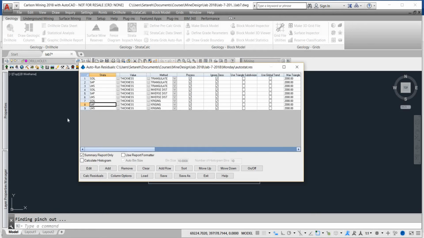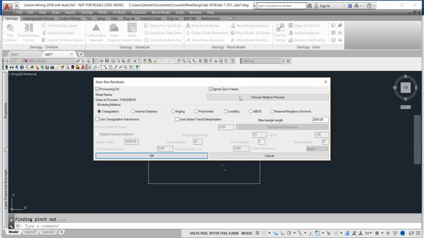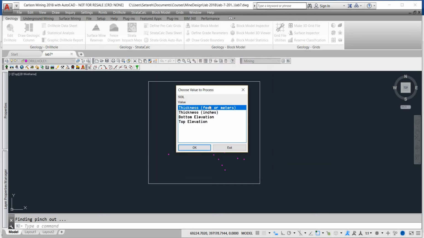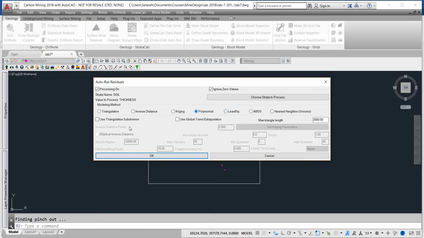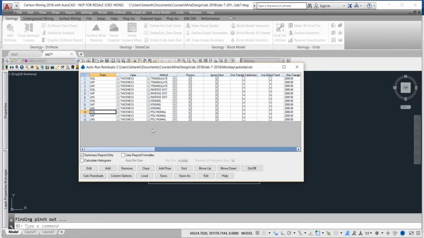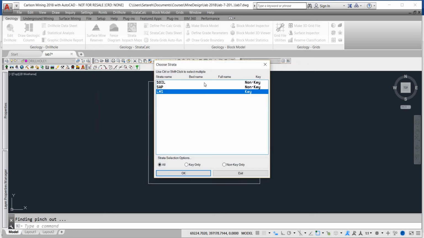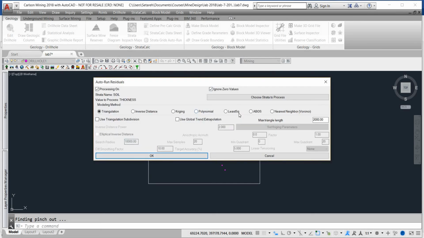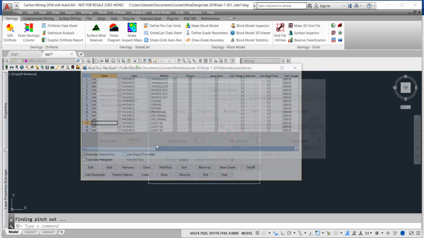And then next I want to add base of polynomial, so choose strata all three, click OK, thickness, polynomial, and it will be power of 2, so I don't change anything, click OK, and next again add, choose all three, click OK, thickness, and least square, power of 2, it's okay,